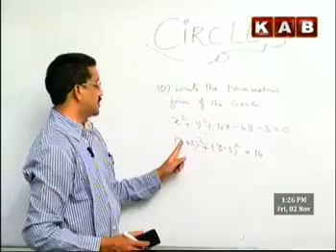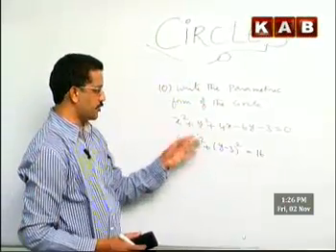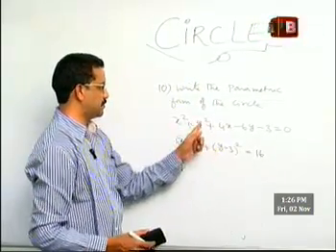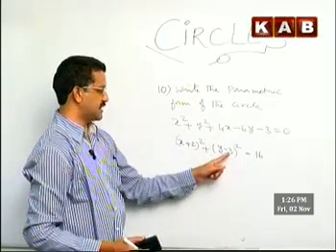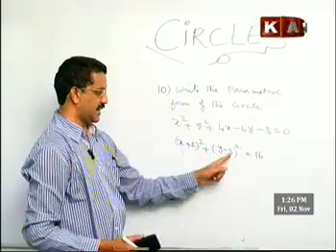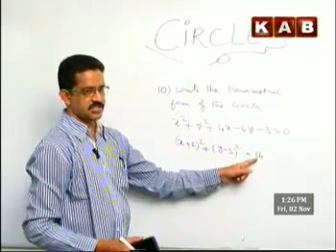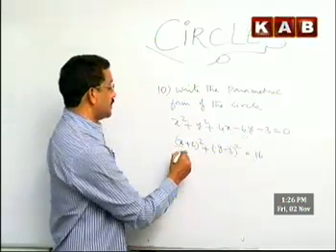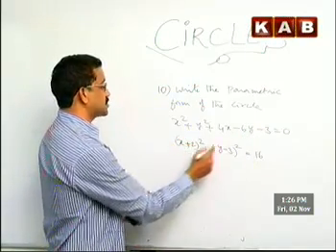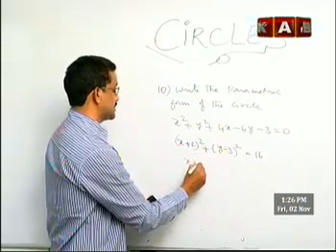x plus 2, now x square, plus y square, 4x, minus 6y, and 4 plus 9 is 13, 13 minus 16. 13 minus 16 is minus 3. So this is the equation, now if you compare this with, I will take x plus 2 as